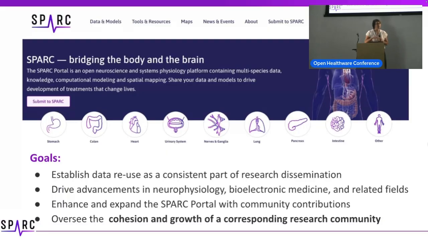So we want to raise the level of how important data is to not just the interpretations that they make and present and build their body of work with, but also it's a great resource for the rest of the community. It helps you build collaboration with researchers who have a different hypothesis that they might want to test in relationship to an area that you're interested in.